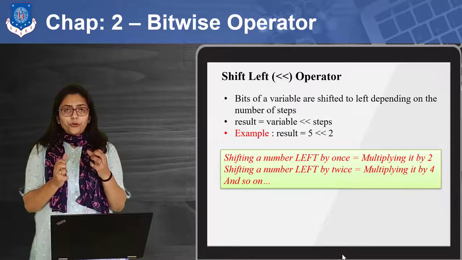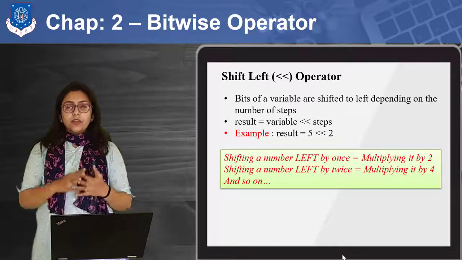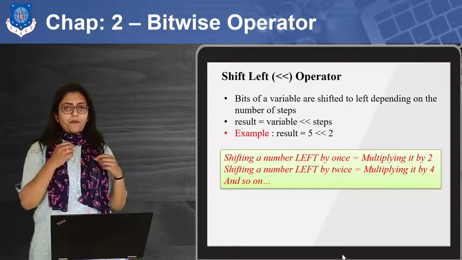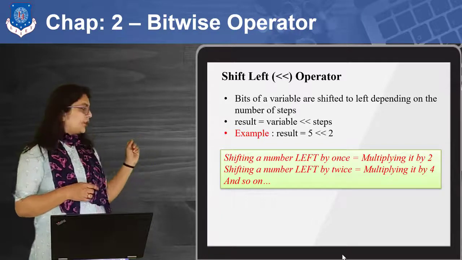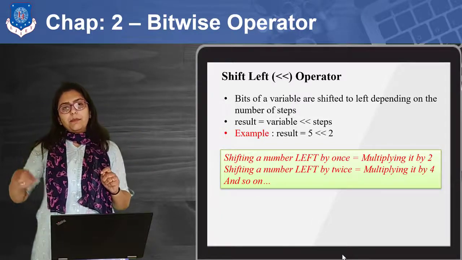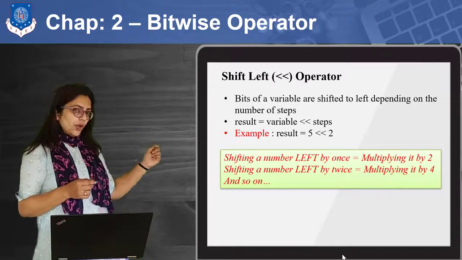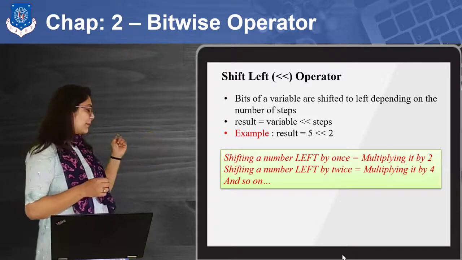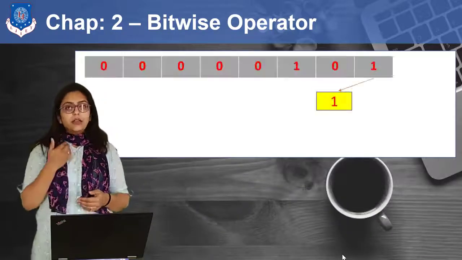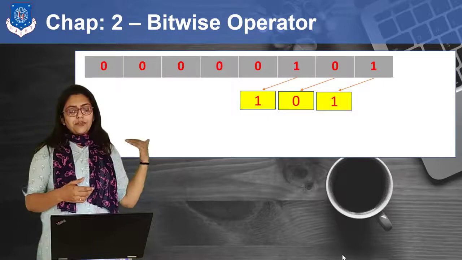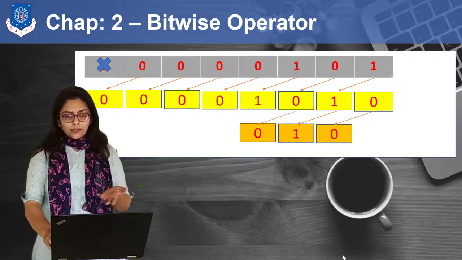I'm going to give you one program which will show how exactly we are getting this. But right now just understand. Now this is the rule. The number of times I am shifting left is the number of times I am multiplying by 2. So if I am shifting left by 1 step, that means I am multiplying by 2. If I am shifting by 2 steps, that means I am multiplying by 4. Similarly, if I shift 3 steps, that means I am multiplying by 8. So this is the thing. If you are left shifting, that means you are multiplying the number by 2. So you can directly give the answer.